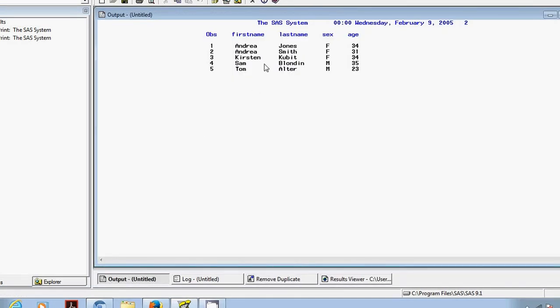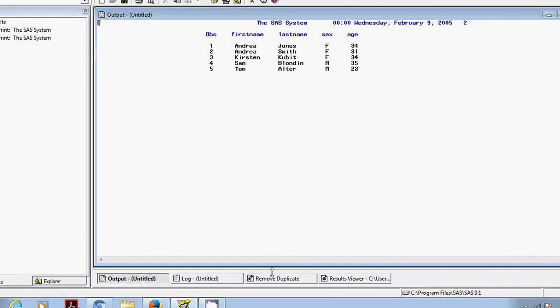There you go. Because we have used star for all the variables, it only removes if all the 4 variable values are the same. In this case, Andrea was the only common value, that's why it's showing 5 records.